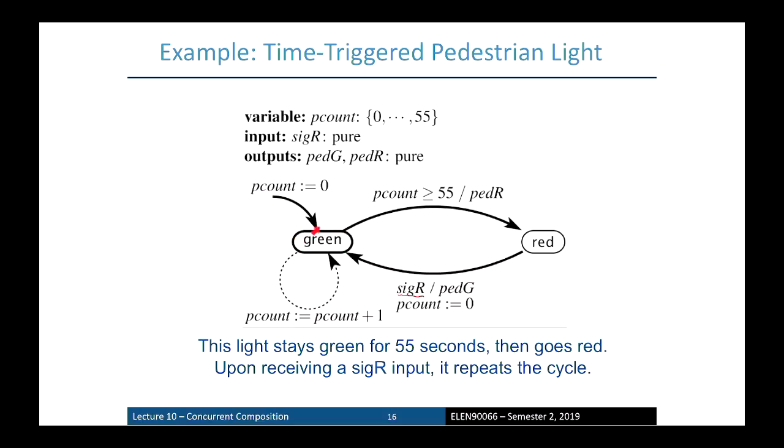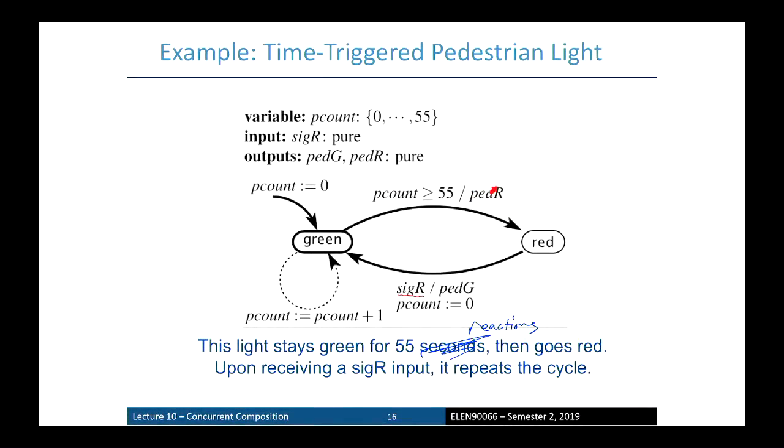And when we come into this default state, the pedestrian light has its own extended state machine, it has its own counter variable. It's going to start at 0 and it's going to tick at some rate. Let's be pedantic about it. Let's call it 55 reactions. What is a reaction? It could be one reaction a second. It could be one reaction a minute. Depends on the underlying timing. Okay, it stays green for 55, right? We just keep updating this internal variable p count. When p count is 55 or greater, that guard is satisfied, and therefore we go to the red state. And as soon as that guard is satisfied,